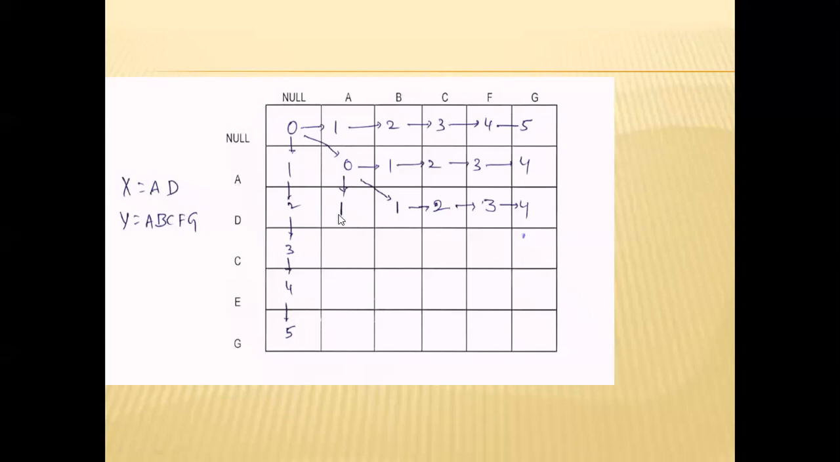Suppose here 1 represents AD converted into A. AD converted into A means delete D, so the vertical arrow represents deleting. Next, to convert AD into ABC, it is to convert